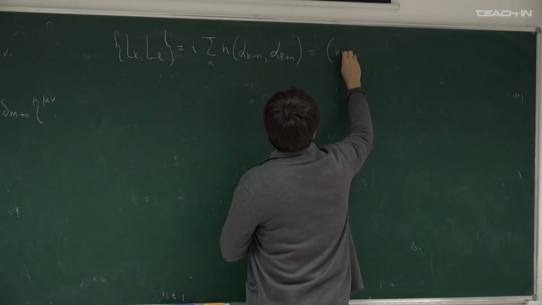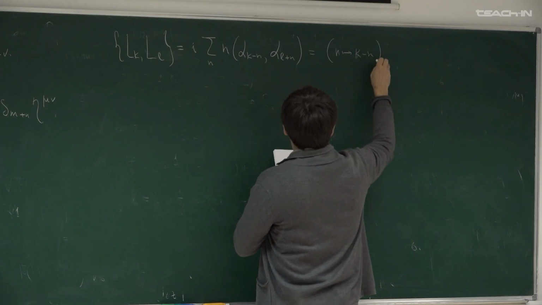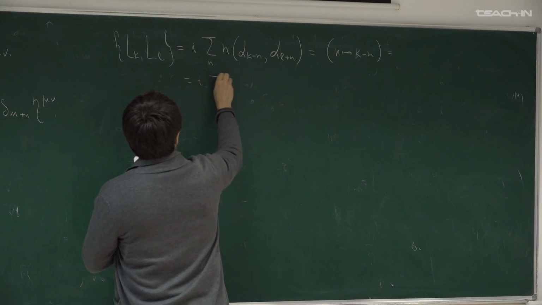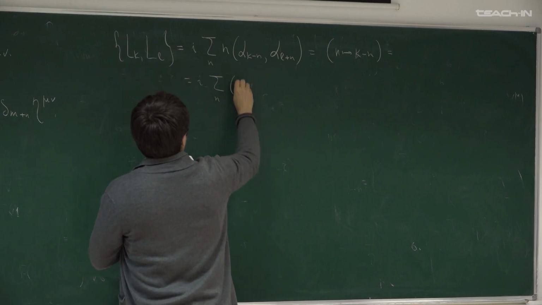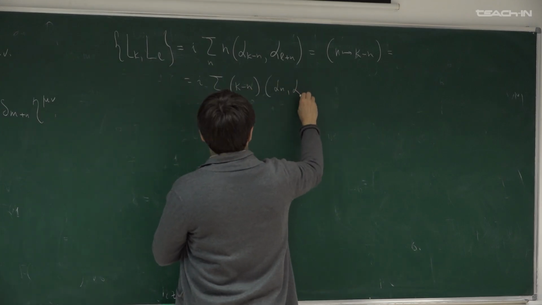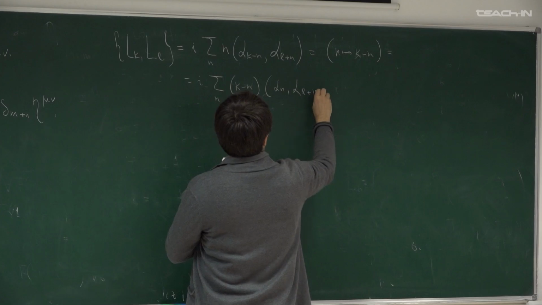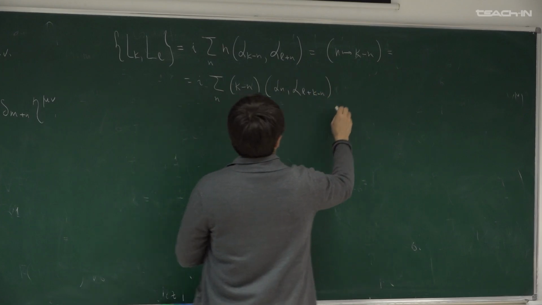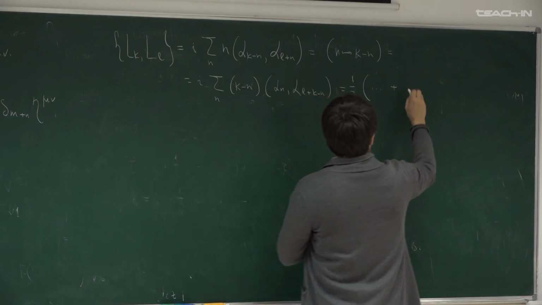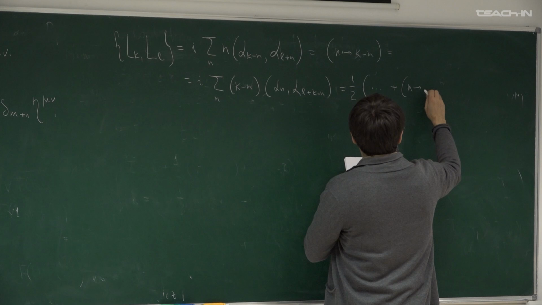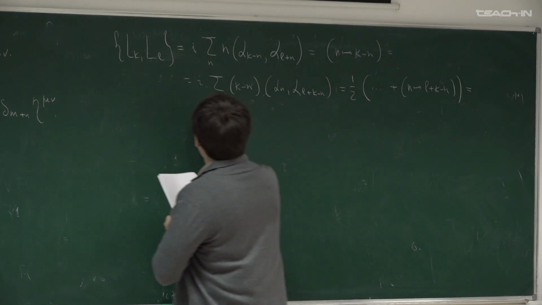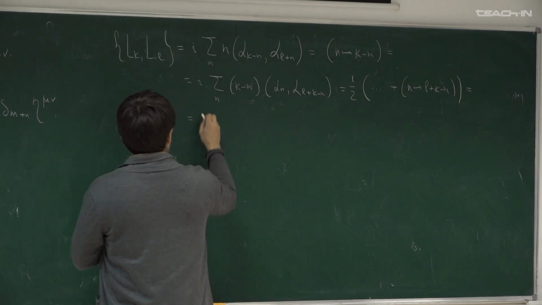Then I do a change of variable, n goes to k minus n. So I sum over n, k minus n. So this is 1/2, and we write this as 1/2 the same thing plus n to L plus k minus n. So there are some small manipulations you do with this thing, and then you find that this is